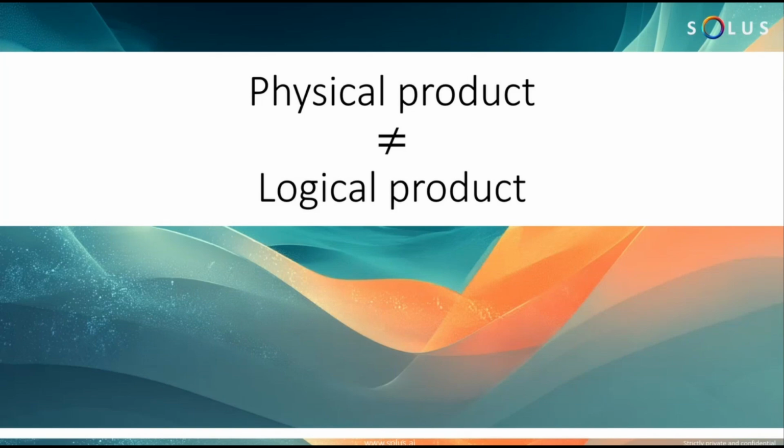Okay, so that's what a physical versus logical product is. Now, within Solus, we use a term called the product genome. What we're referring to as a product genome is basically a unique combination of attributes that describe a product or a set of products. So every unique combination of a set of attributes that describe a set of products becomes a logical product, or a product genome. And there could be a bunch of physical products that essentially link to a particular product. When you have a really small product master, sometimes the two can be the same. When you have a really large product master, then the distinction actually helps you computationally and logically.